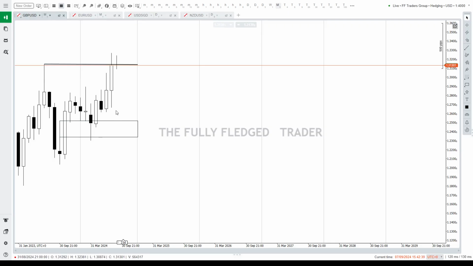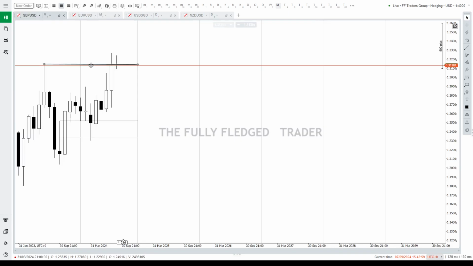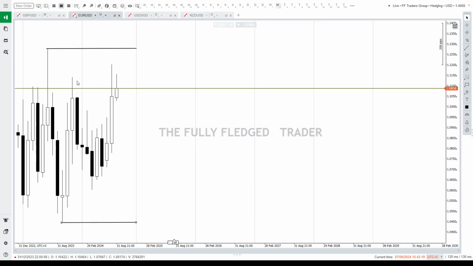So how do I work with that kind of price action? When I see that one pair, for example in this scenario the British pound dollar, has purged the buy side liquidity, and yet the USD has not purged the buy side liquidity like this one here, and my TP, my take profit, is here, I collapse the trade on the US dollar if I have any, because I understand that if this one has got to the buy side liquidity and this one hasn't, that means I have to work with the